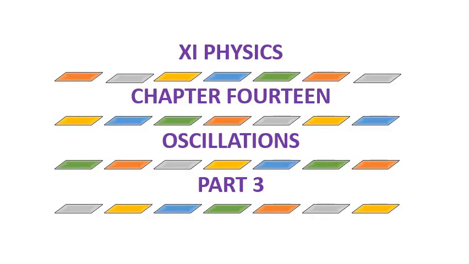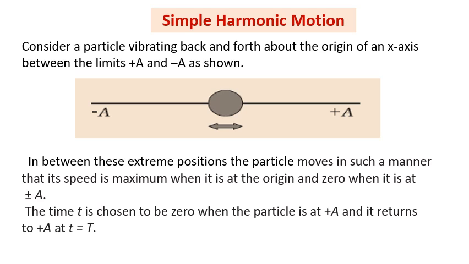Welcome to the third part of oscillations, and in this part you will learn about simple harmonic motion. Simple harmonic motion. Consider a particle vibrating back and forth about the origin of an x-axis